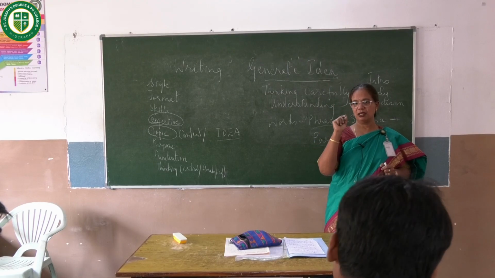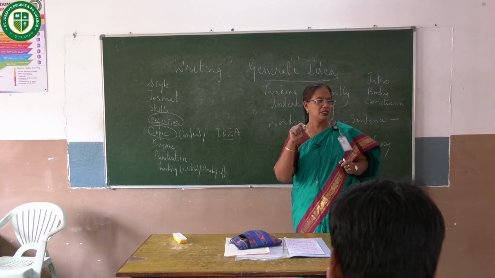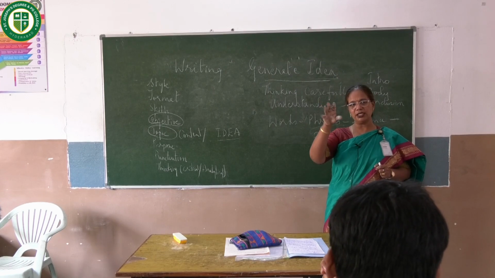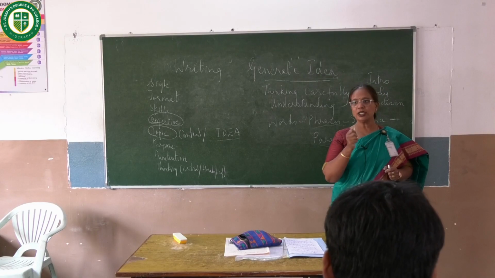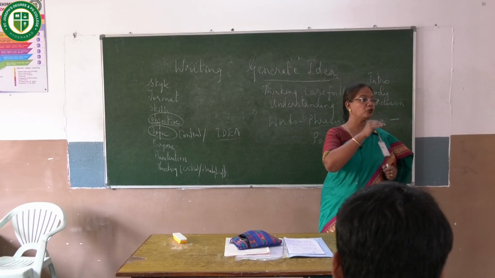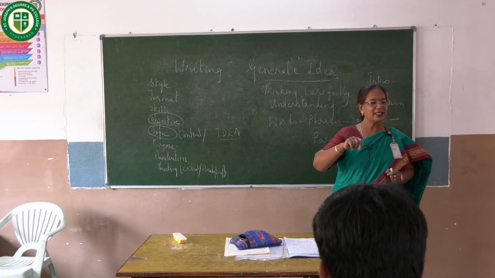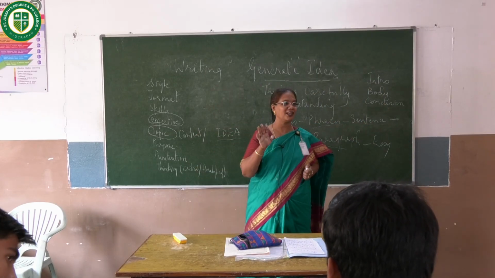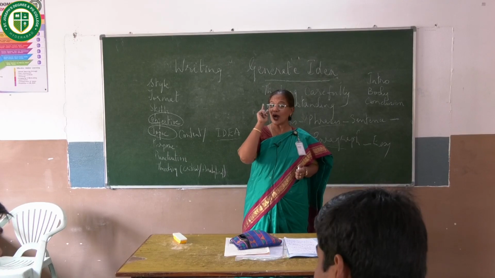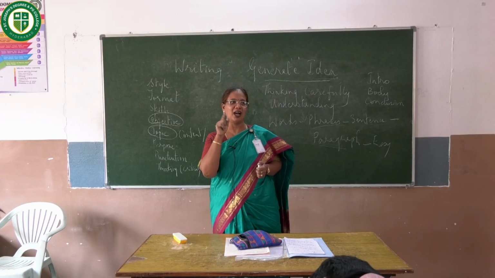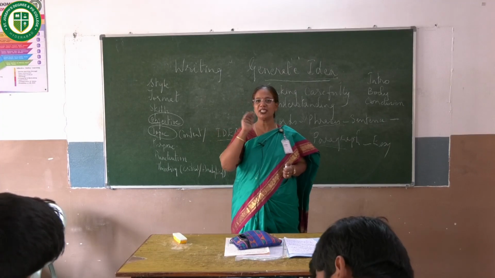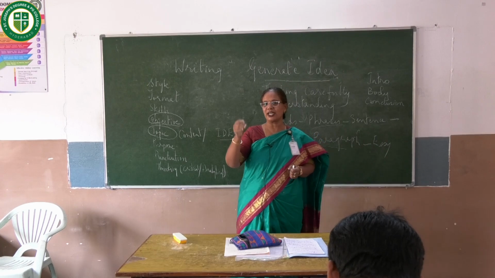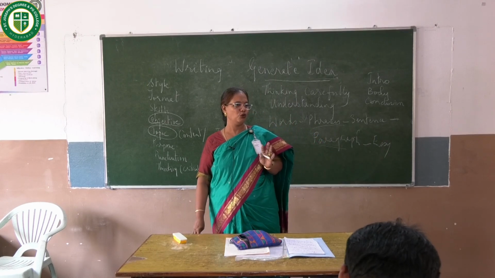So there are different ways of generating your ideas. Some of them learn, some of them think, some of them do it by observation, some of them do it very differently. Probably the minute they see something, they try to record it. Record it could be audio, it could be video, it could be written form. That's what L.A. Hill says: writing is not 99% luck. It is 1% luck, 99% hard work. Please remember this. Writing just does not come like that. You need to put in 99% of hard work and 1% of luck that goes with writing.